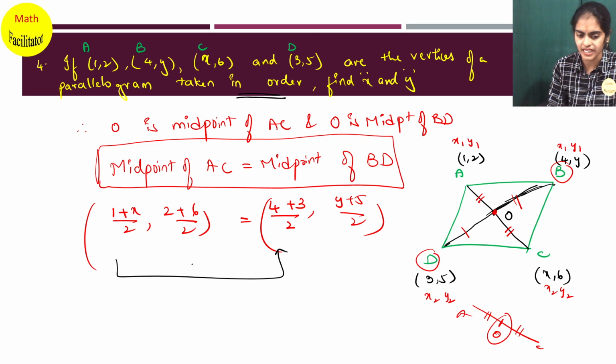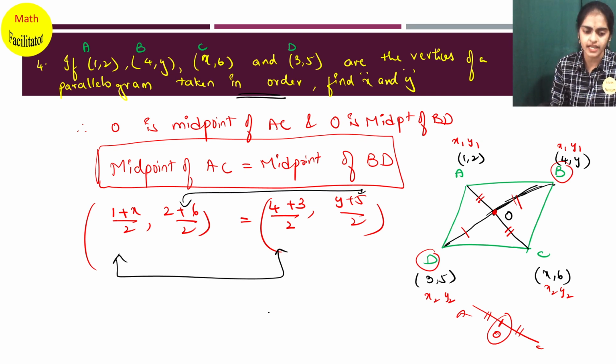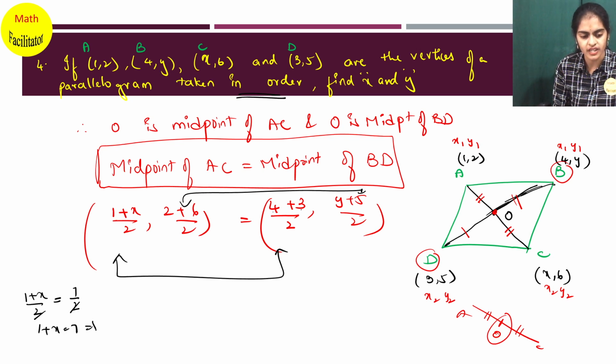Just now I told you, you can equate the x coordinates and also the y coordinates are equal. So let us equate the x coordinates. I have (1 plus x) by 2, the x coordinate, equal to (4 plus 3) by 2. 4 plus 3 is 7, so I am writing 7 by 2. Now 2 and 2 cancel. So you'll have 1 plus x equal to 7, or I can write x equal to 7 minus 1, which is